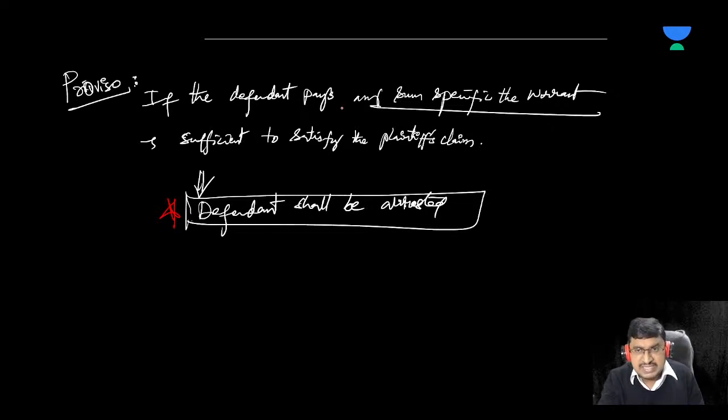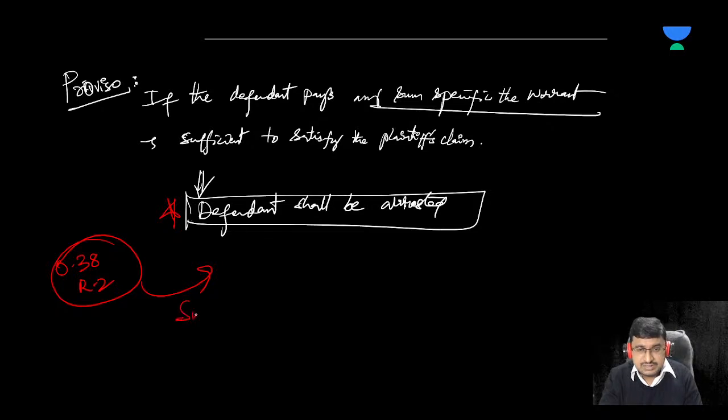If he has no money, he is not able to pay the sum specified in the warrant. Under those circumstances, on behalf of the defendant, a third party can pay or deposit the money that is sufficient to satisfy the petitioner's claim. Then the defendant shall not be arrested, friends. Then the defendant shall not be arrested. It is stated under Order 38, Rule 2. Therefore, security,